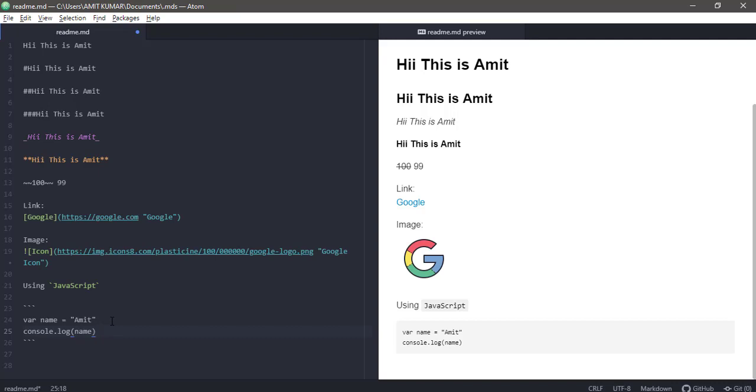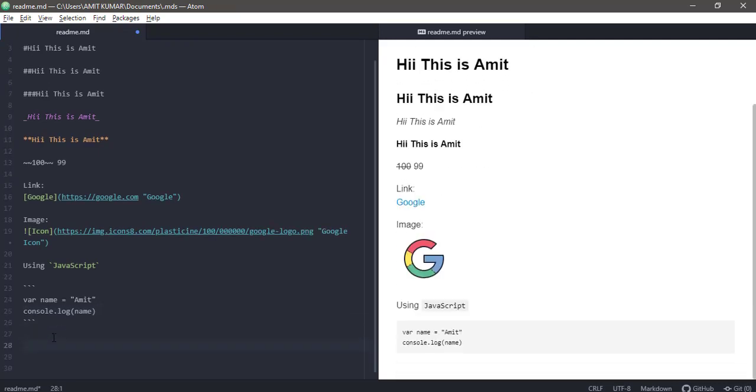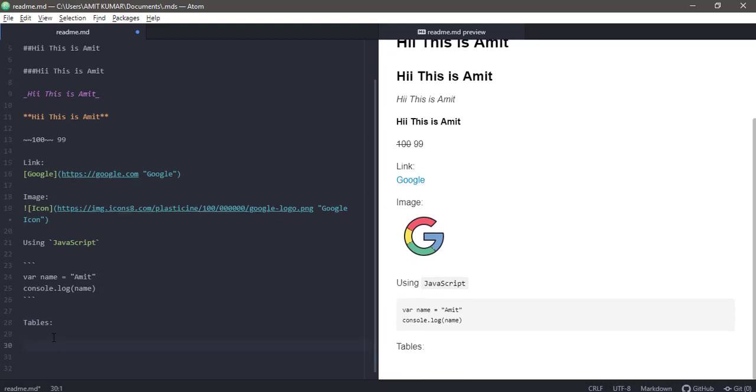Okay, so moving on to tables. Let's see how we can get tables. Suppose we have three JavaScript technologies. Let's take React first, then second is Angular, and the third is Node.